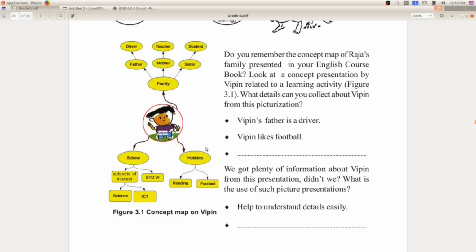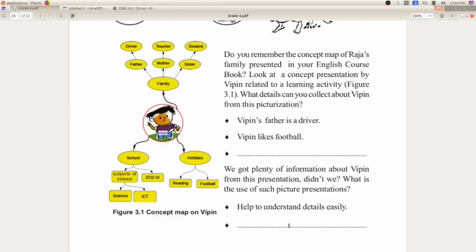Of course, we can easily understand the details here. It's very clear from this picture about Vibin's details. So that is the first point. Can you tell me any other point from your point of view? Yes, you just think about it and write down a point here.